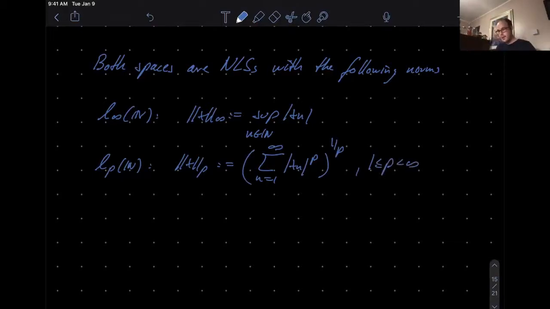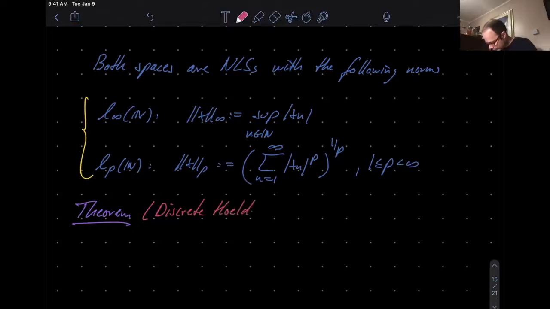Okay. Just as in the previous example, it's easy to see that both of these are positive definite and homogeneous. The proof is almost the same, just replace the integral by a sum. Again, the triangle inequality requires some more work, but we will just summarize this in a theorem. This is again a Hölder-Minkowski inequality, but here now in the discrete version. So let me just write discrete Hölder and Minkowski